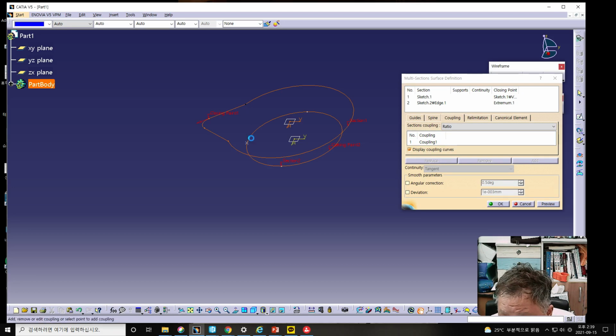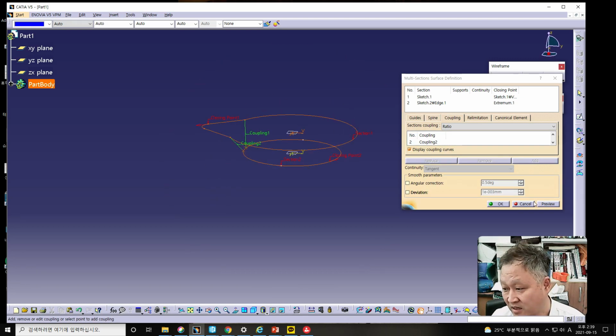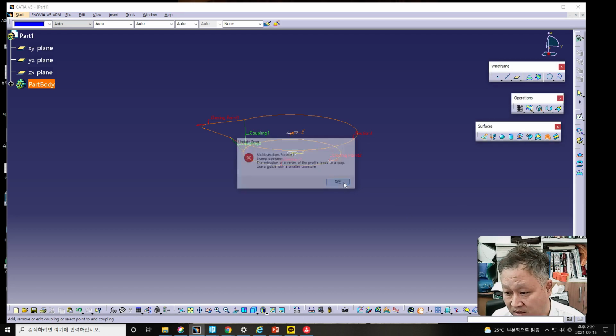This one can be coupling 1 first, and this one should be coupling 2 in this case. Therefore, if you click